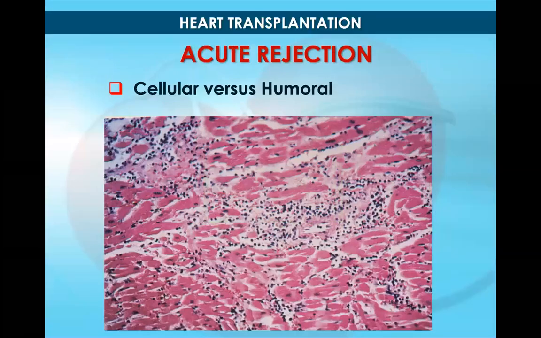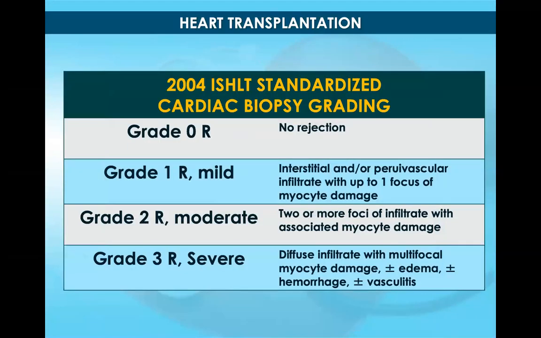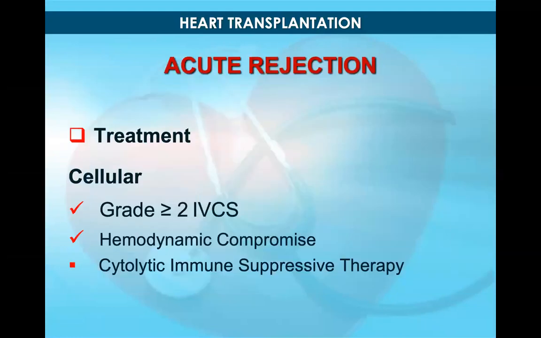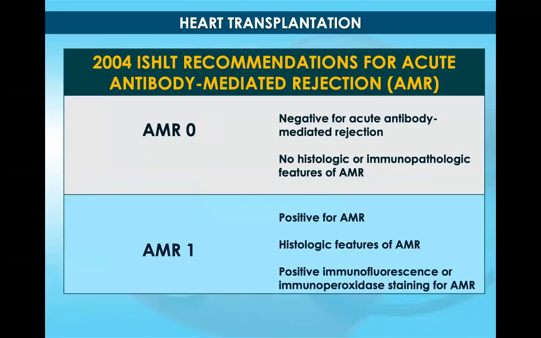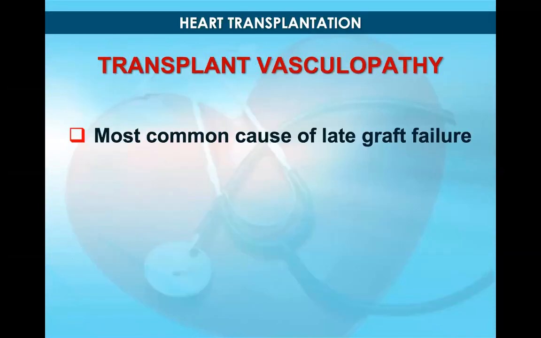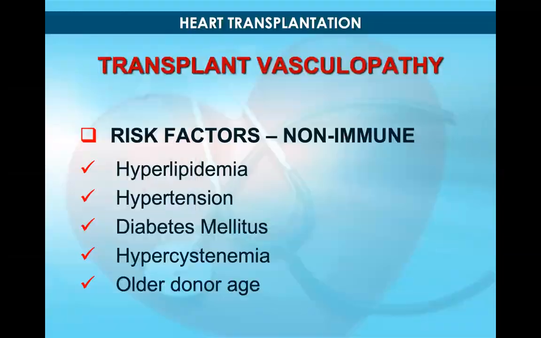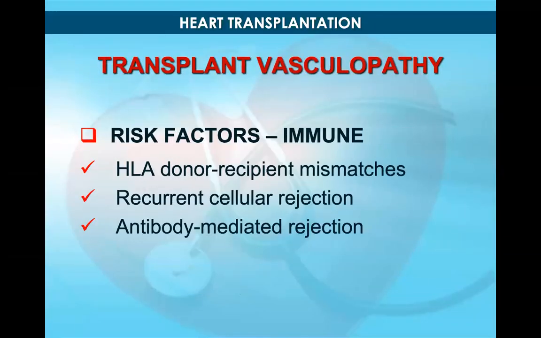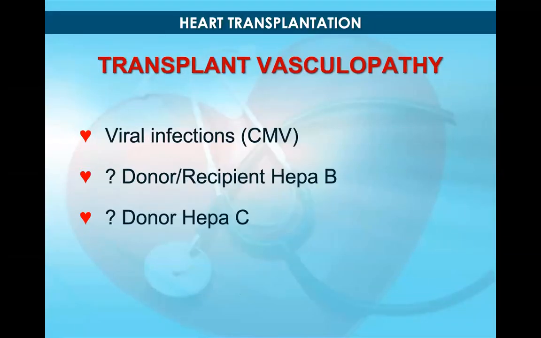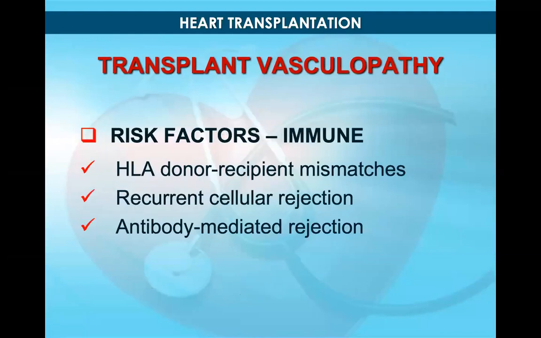Chronic rejection, of course, acute and chronic are different. It's humoral versus cellular. This is really quite advanced. These are graded 0, 1, 2, 3, which is none, mild, moderate, severe. And I don't think I should go through all these, because these are quite advanced. These are mainly for the heart failure cardiologists and immunologists to talk about. But I just wanted to talk about the